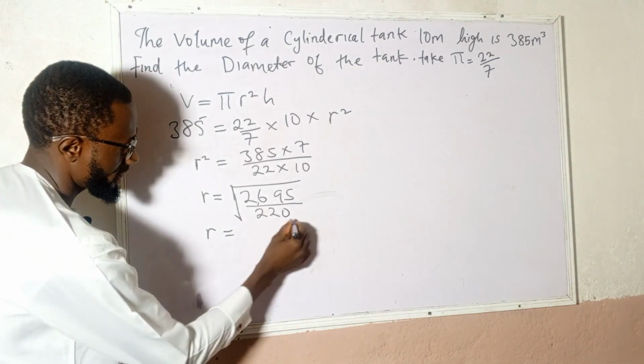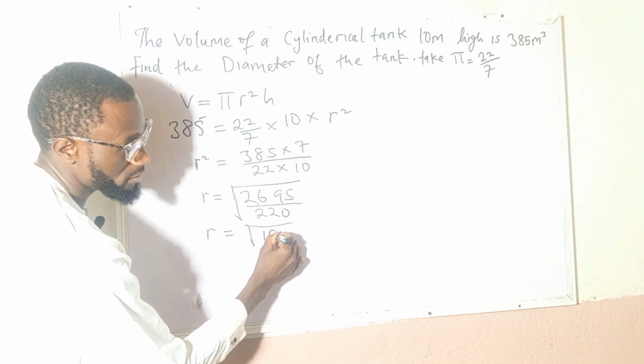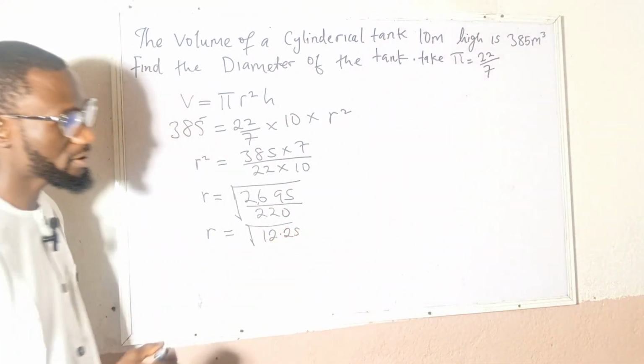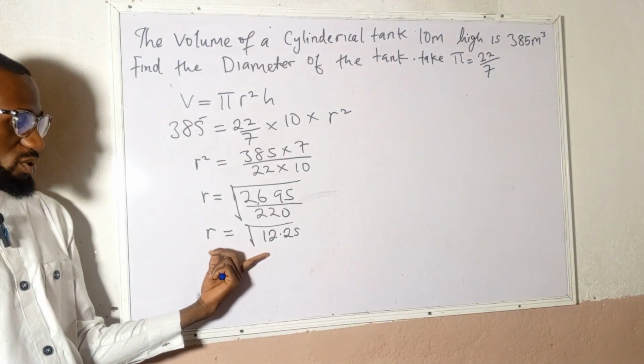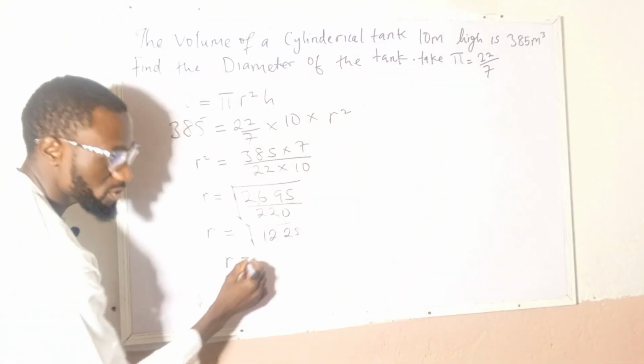Here we have the square root of 12.25. Then we can take the square root of this one, where we get r is equal to